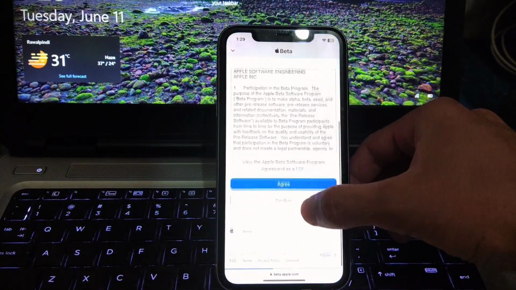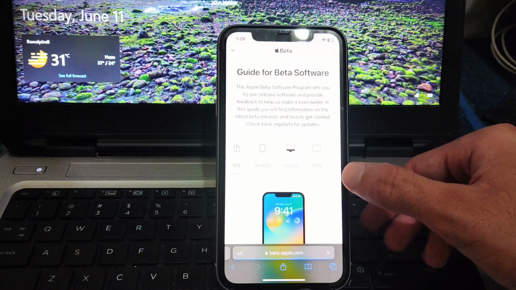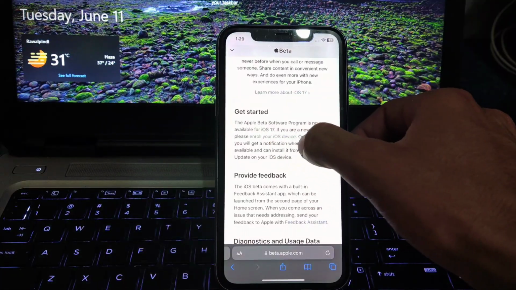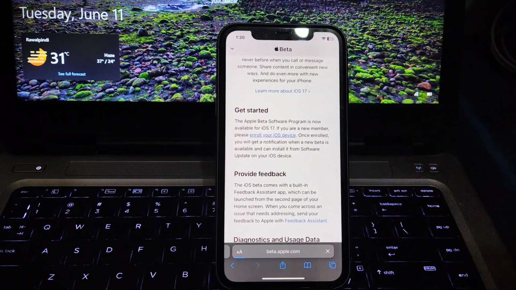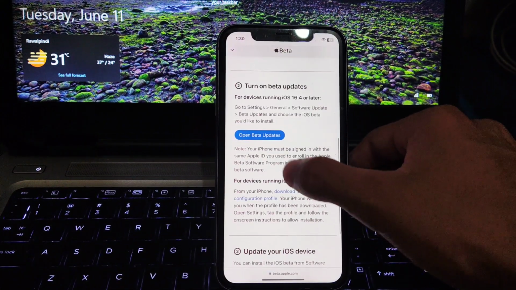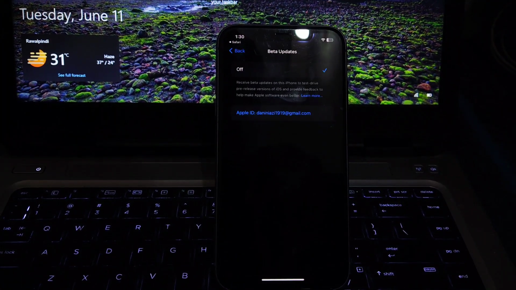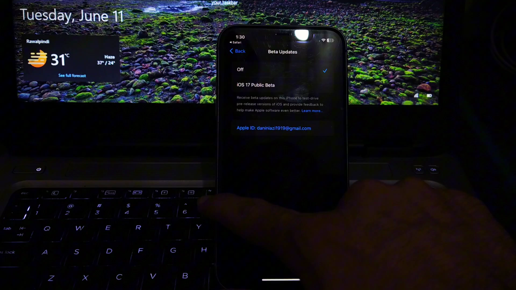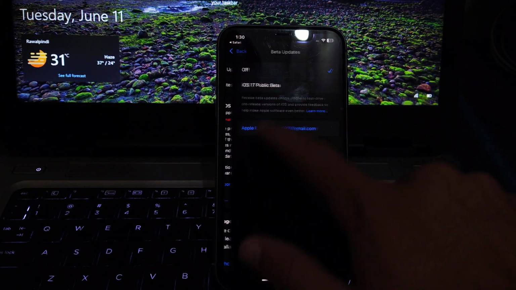Here is the agreement. Scroll down and agree to the terms and condition. Then click on Enroll your iOS device. Then tap on Open Beta Updates. And now beta updates are activated on your iPhone, but there is a second step to activate iOS 18 Developer